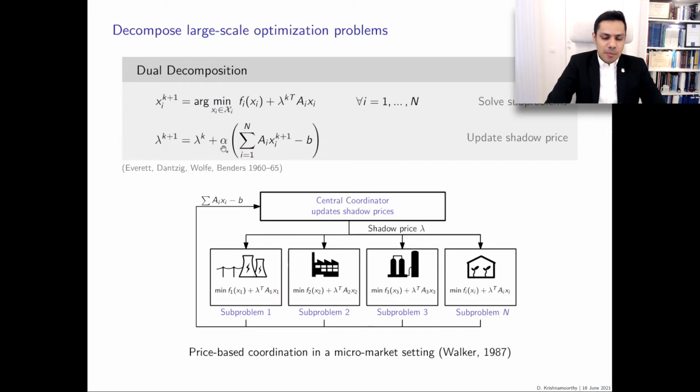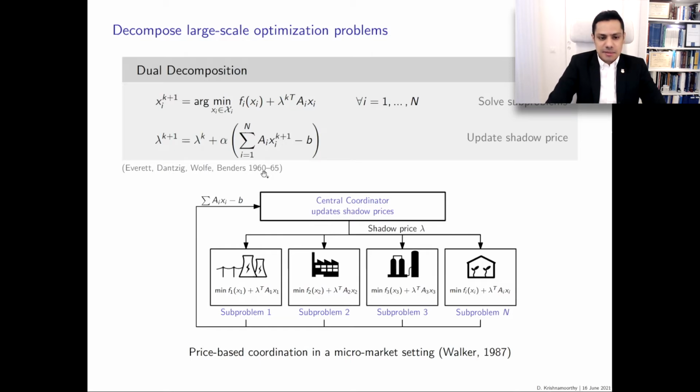So what we see is that for a given Lagrange multiplier, the different subproblems solve the local optimization problem, and using the residual of the shared resource constraint, the central coordinator then updates the shadow price using the subgradient method. The subproblems are then solved using the newly updated Lagrange multipliers again, and this is repeated until some stopping criterion is met. So this is the so-called dual decomposition framework,